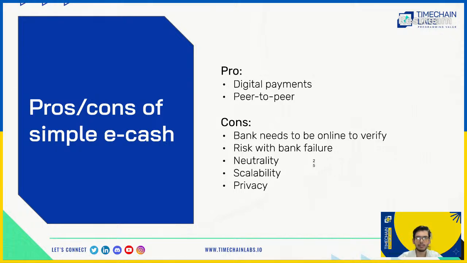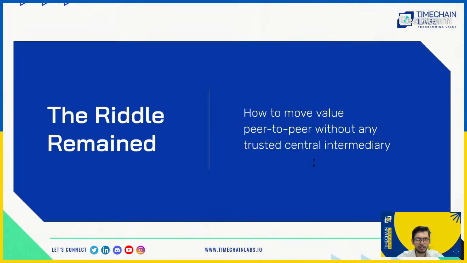A very similar system applies if you're trying to establish a digital cash system, which is peer-to-peer, where ledgers are maintained by different entities. There's not just one ledger updated by a single bank that always needs to be online and has to process the whole world's transactions. That's what a distributed ledger system achieves, which can process transactions globally for the internet. So the riddle remained: how can you have a peer-to-peer system of ledgers without a central intermediary?